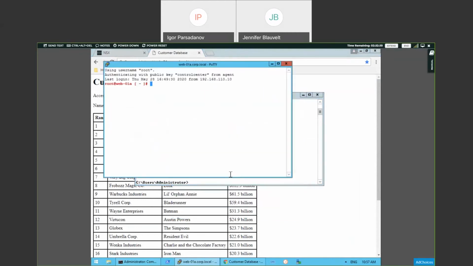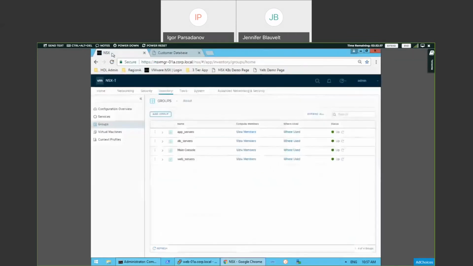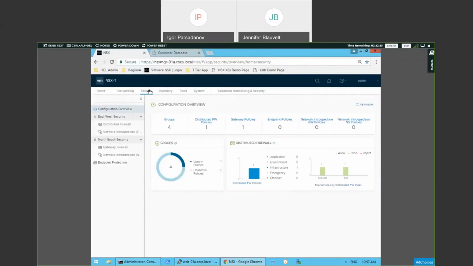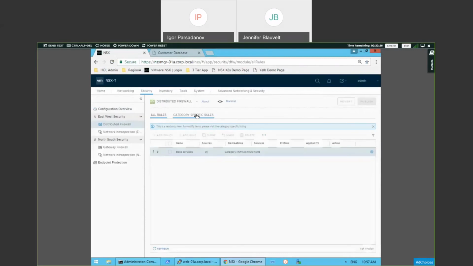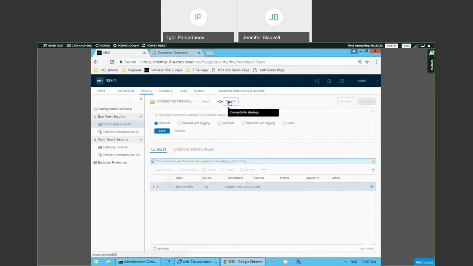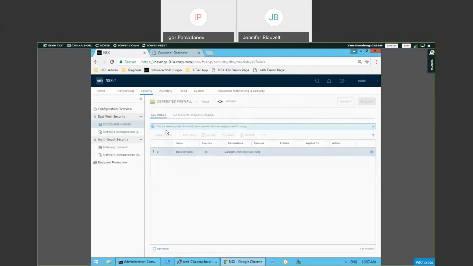There it is. What we'll do first is we'll go in and switch our security policy from the blacklist model over to the whitelist model. So right up top here on the distributed firewall, it's currently in blacklist model. We'll go click that and switch it to the whitelist. Save.